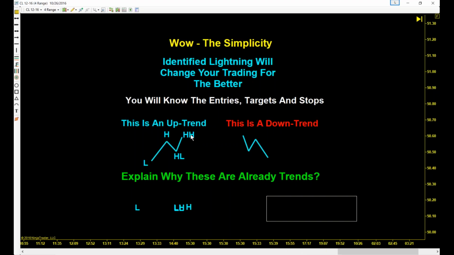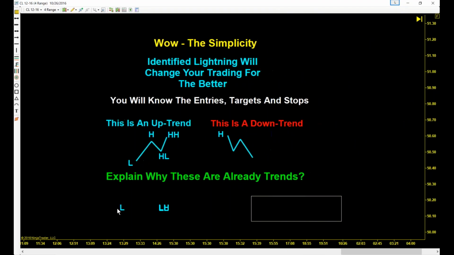That did not become a trend though until it took out that higher high, or that high to the left there. As in this one is your high, your low, whoops, don't want to move the whole chart, your low, and what have we got right here? Well, we've got a lower high and we've got a lower low. Now that's as basic as it gets, right? But you would be so amazed at how accurate that can be in your trading,